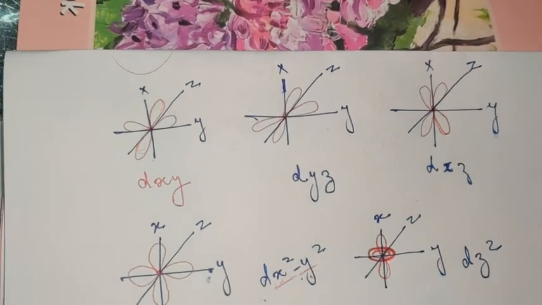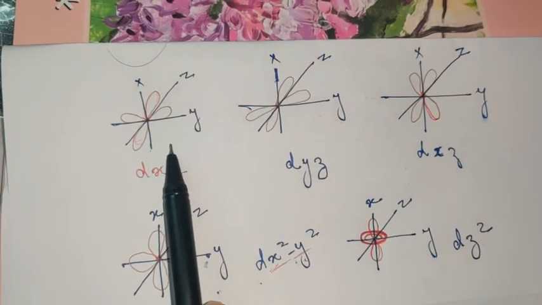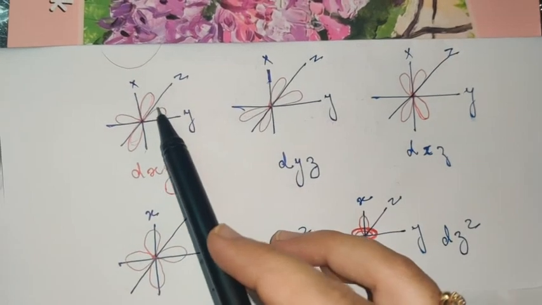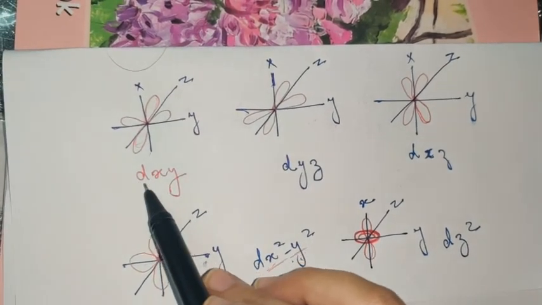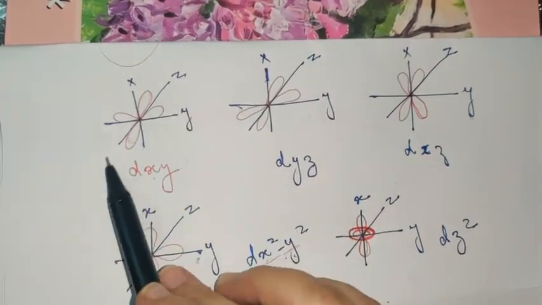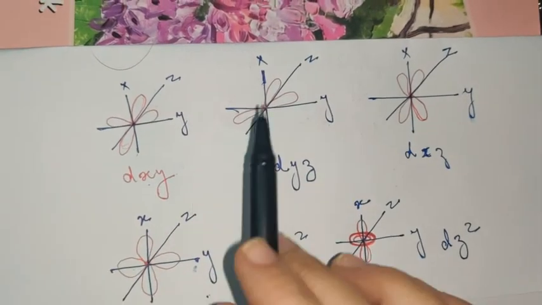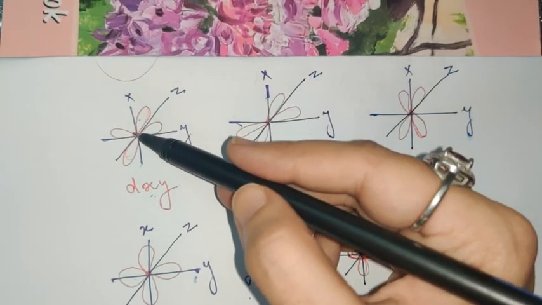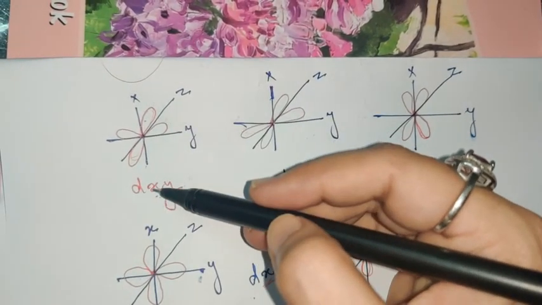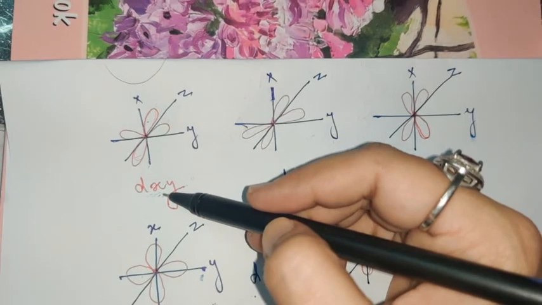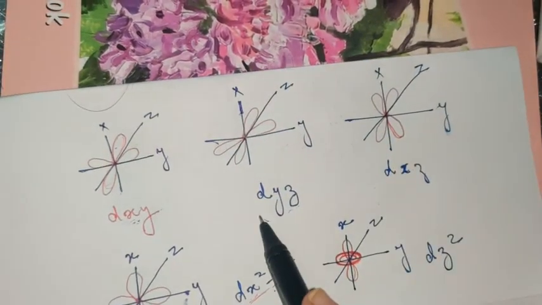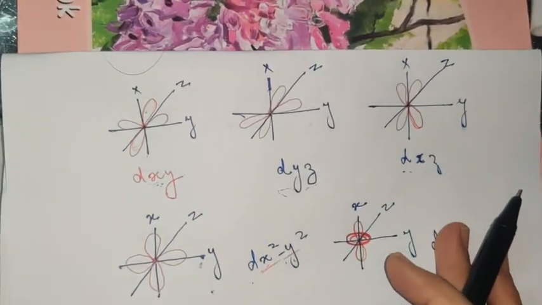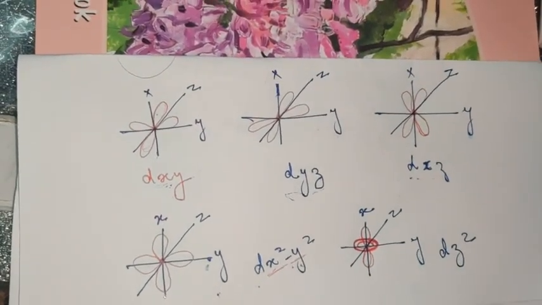It is not very difficult to remember, and I told you the method also, how to remember. When you have to plot x and y, you will be considering the two lobes in between x and y. Obviously it will be touching z, you cannot skip that, but you have to remember that on one side it must touch the axis which is mentioned here. Okay, and similarly you will plot this, and similarly you will plot this. It is not very difficult, and you do not have to learn anything, you simply have to understand.